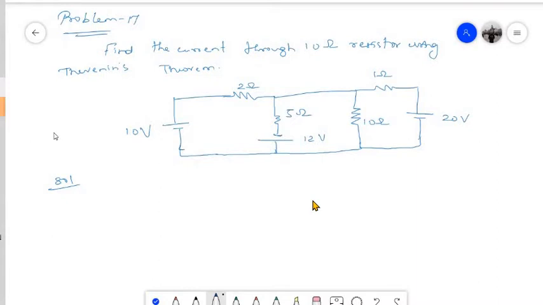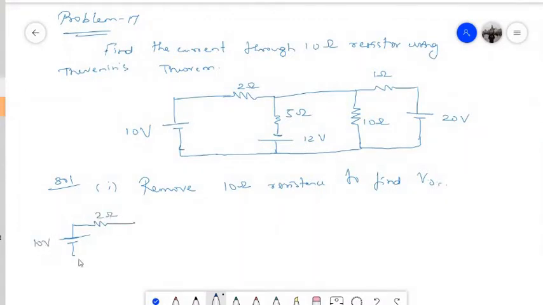So what are the two things that need to be found? We need to find the open circuit voltage across these terminals, and we should also find the equivalent resistance, the resistance that is RTH when we actually look from this terminal. So let us go step by step. As a first step, you need to remove the 10 ohm resistance in order to find the open circuit voltage across the terminal. So in that way your circuit will look like this: this is 2 ohm, this is 10 volt,